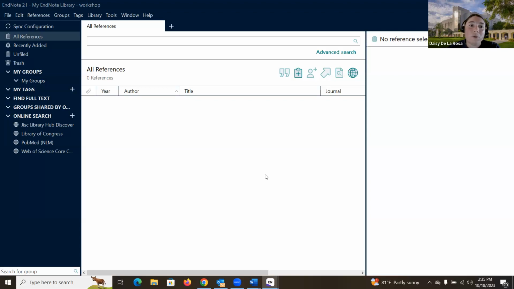You can also use the EndNote capture tool. So if you are online and you happen to find a newspaper article or a website, like a page from the CDC, for example, and you want to add that reference into EndNote, there is a shortcut that you can add to your browser. We also wanted to show you